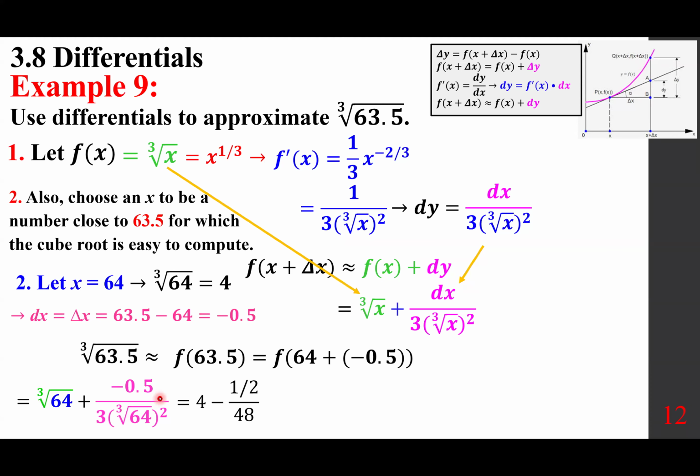Now, the reason I'm changing this to a fractional format, class, the bottom is 48, the top is plus times minus 0.5, which is negative 1/2. Now I have a complex fraction, and it's 1/2 times 48. So 4 minus 1/96. 2 times 48 is 96. Which is precisely, in a fractional format,